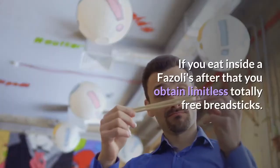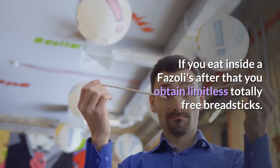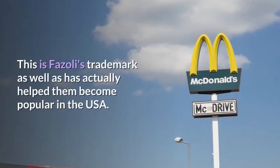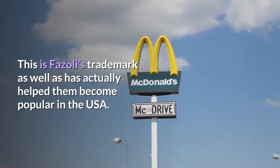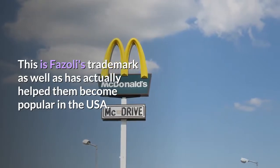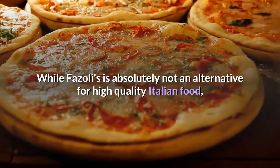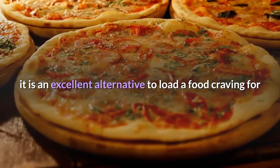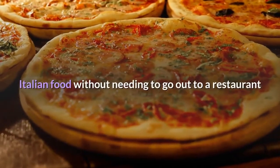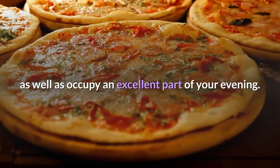If you eat inside a Fazoli's, then you get unlimited free breadsticks. This is Fazoli's trademark, and has helped them become popular in the USA. While Fazoli's is absolutely not an option for high-quality Italian food, it is an excellent option to fill a craving for Italian food without needing to go out to a restaurant, and take up a good part of